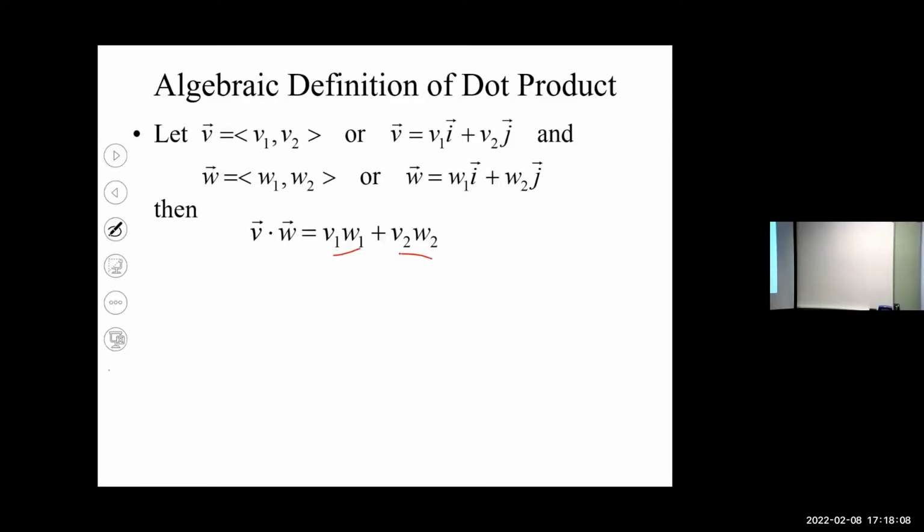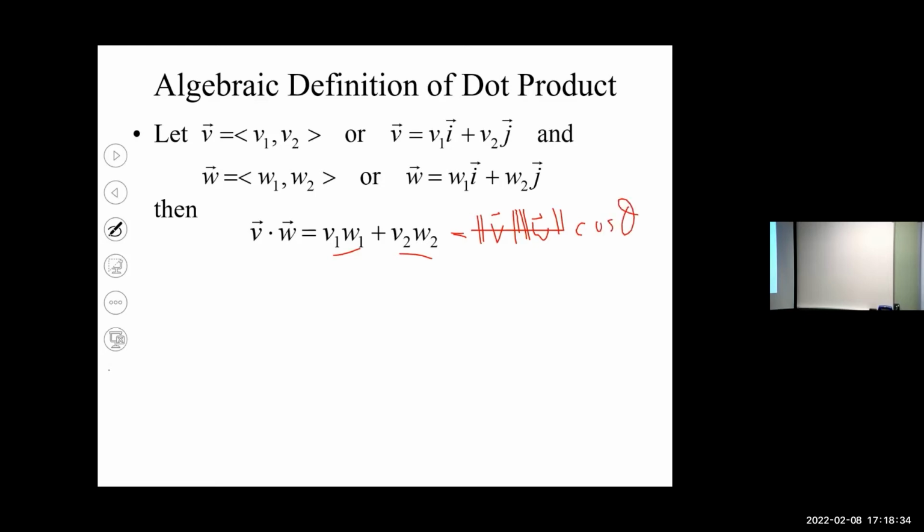Right? So that's one of the places where we'll use the geometric definition most often, is to find the angle between two vectors. Because if we know the vectors, we're always just going to use the algebraic one, because that'll give us a value. And we know that the algebraic version is equal to the magnitude of V times the magnitude of W